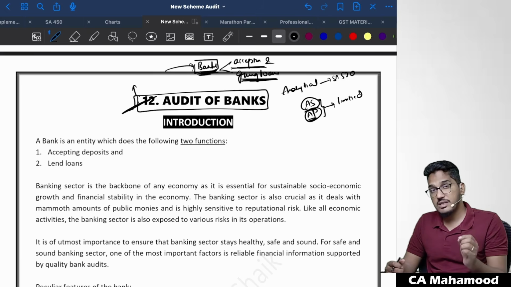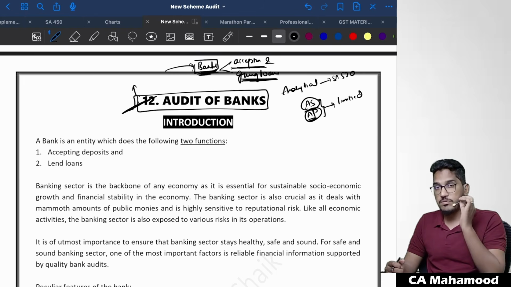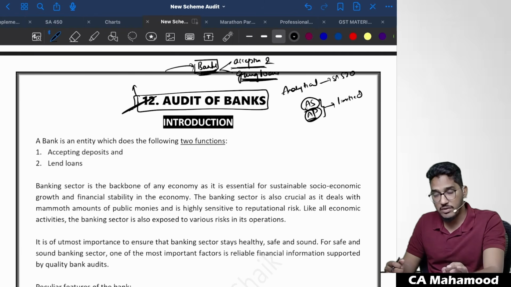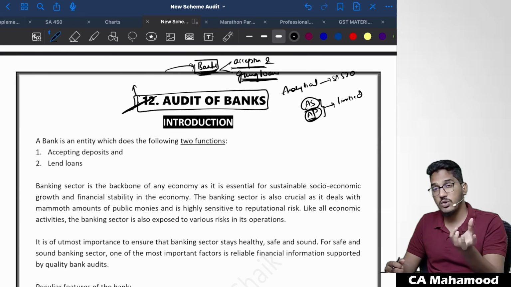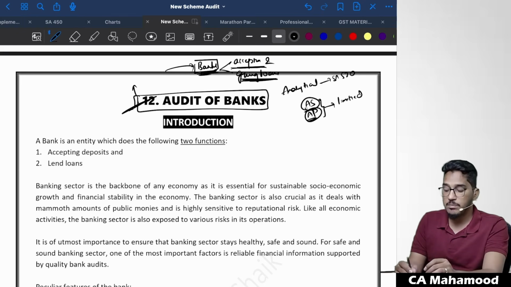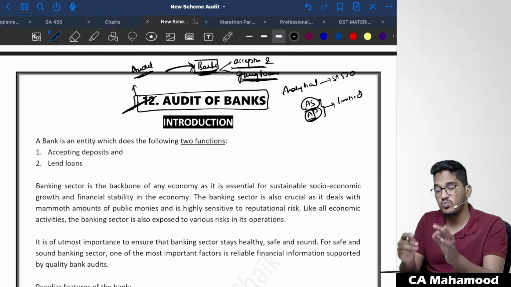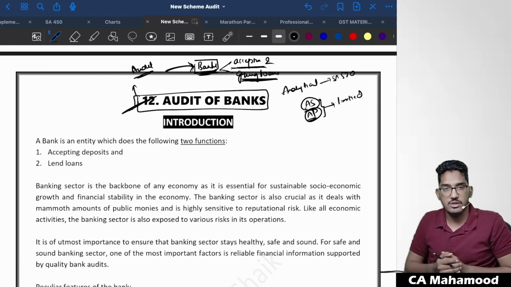And also, banks are subject to high reputational risk. If some bad news starts circulating about any bank, it creates a lot of panic among its account holders, and it will create havoc for those customers. So banks involve a lot of reputational risk, because these are the organizations in which people commonly place a lot of trust. If bad news starts coming about some bank, it will have very huge consequences. That's why, compared with any other organization, in the case of banks the importance of audit is manifold.